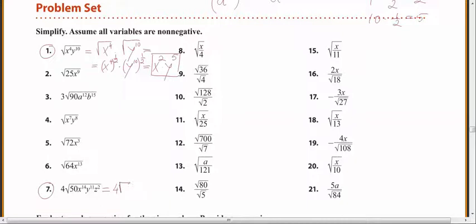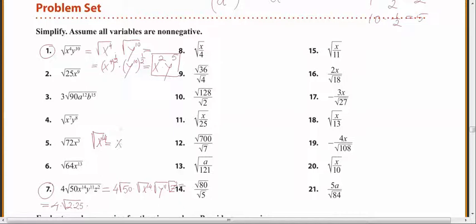So it'll be the square root of 50, times the square root of x to the 14, times the square root of y to the 11, times the square root of z squared. Let's go one at a time. It will be 4 times the square root of 50, which is actually the square root of 2 times 25. The square root of x to the 14